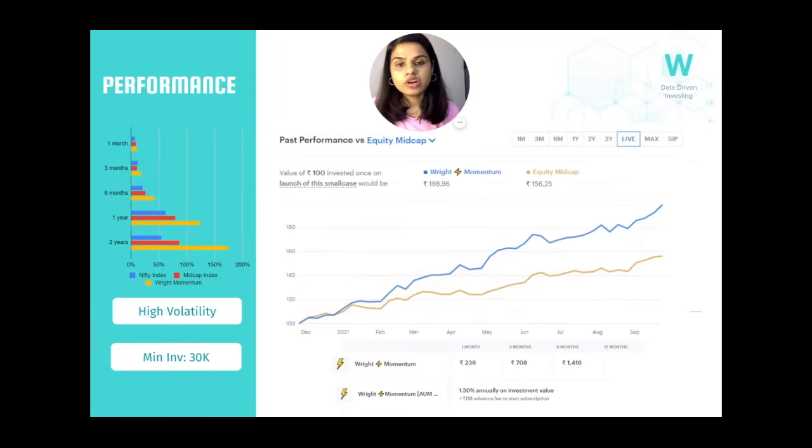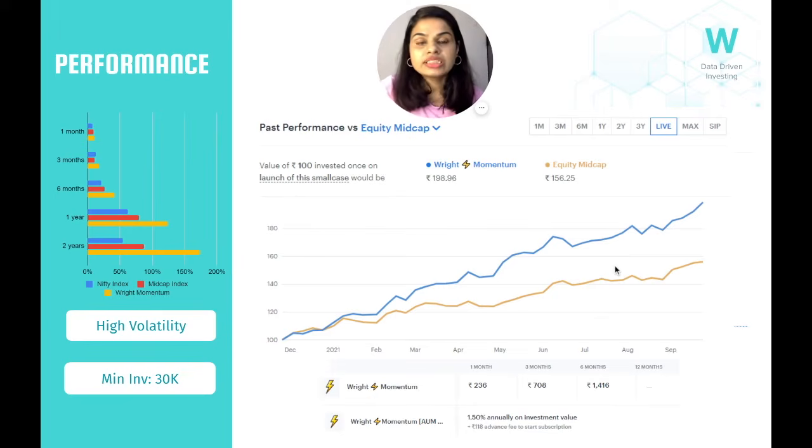If you look at the live return of this portfolio, like I said, in the live market, this has given 100% returns in 10 months, and it is 40% over the mid cap index, which itself has been very strong. So this is amazing performance, which is just because of the type of market that we have had. We have had an amazing bull market that has been going up, and these portfolios tend to do really strong when the markets are strong.